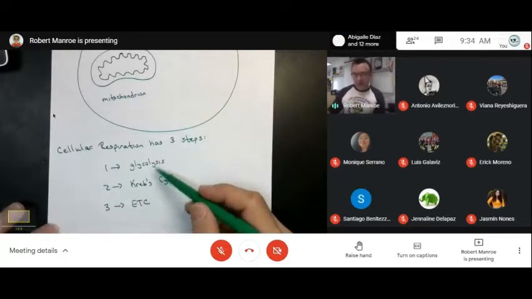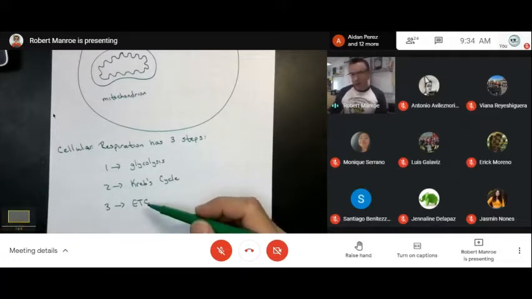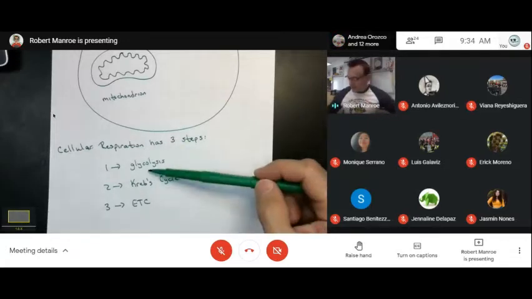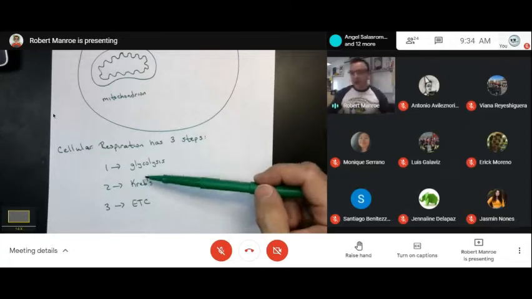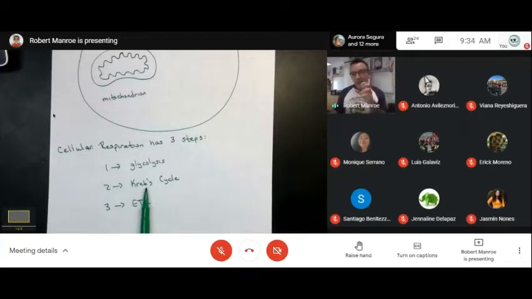Okay, so there's 3 major steps to cell resp. Now, some of your professors will teach it as 4 steps. There's a reaction in here that links glycolysis to Krebs, has a really fancy name. It's called the link reaction, okay? And depending on how your professors teach it, IB groups Krebs and the link reaction together, okay? So that's why I'm teaching you that cell resp has 3 steps. However, you might have professors that separate the link reaction out, and so you will hear them say cellular respiration has 4 steps: glycolysis, link, Krebs, and the ETC. Fine. In their class, if they want 4, give them 4.